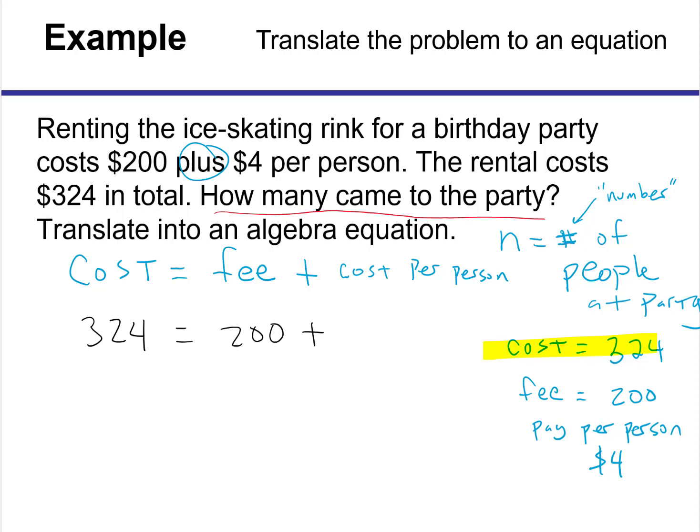So this cost per person had a hidden math problem in it. We had to multiply $4 times each person. So if we have 10 people, we have to pay $4 times all 10. We have to go 4 times 10. If we have n people, we have to go 4 times n. And that does it. We have built the equation